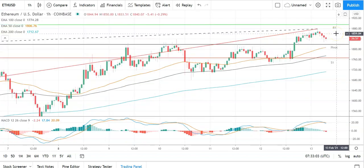Moving across to Ethereum against the US dollar, it's a bearish morning so far. Going to need to see Ethereum avoid the pivot at 1818 to take a run at the first major resistance level, sitting at 1896. Going to need to see support from the broader market for Ethereum to break out from this morning's new swing high,